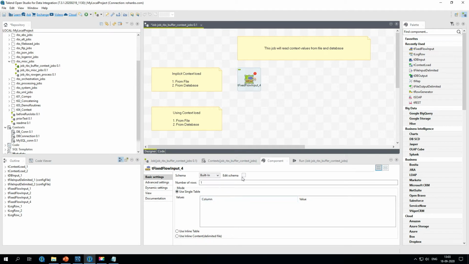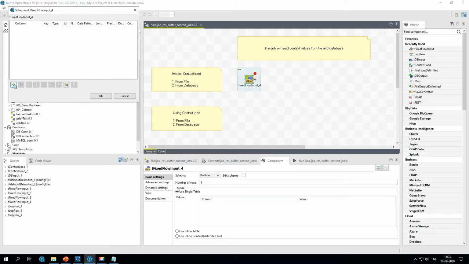In this example, we'll be creating five columns here, which we can call host, port, database, user, and the password field.